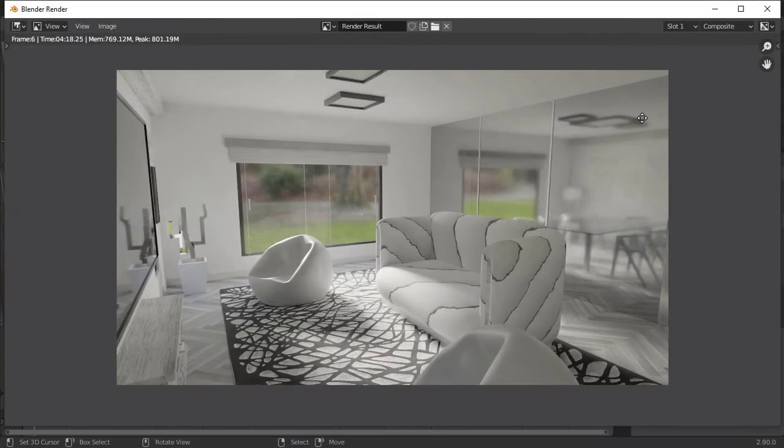We are now going to render this scene with the previously estimated rendering samples for NLM denoising. But this time let's render the same sample size using the OpenImage denoiser. After rendering, let us take the render output and compare it with the result of the NLM denoiser. Let's render this scene.